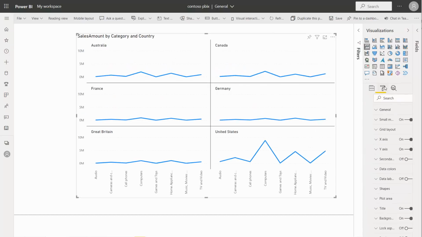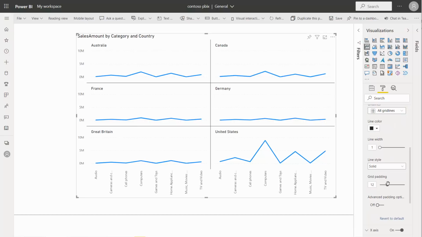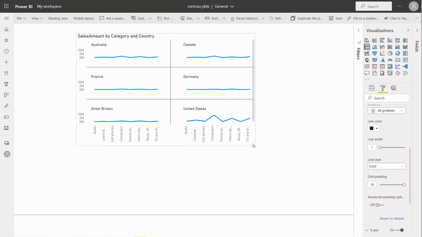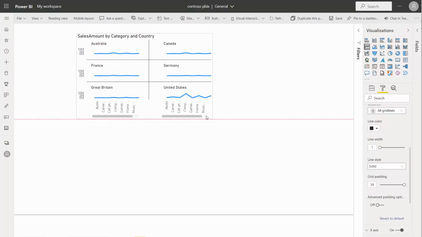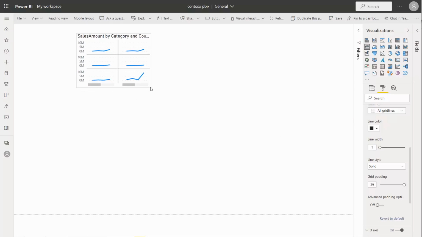Actually, to show you an example, let me make the padding a lot larger, and we can see the padding shrinks naturally as we shrink the plot areas. The purpose of this is to allow for multiple plot areas to still demonstrate the data themselves without other elements taking up precious real estate as the visual gets smaller.